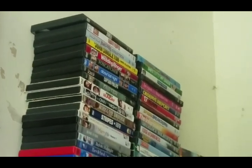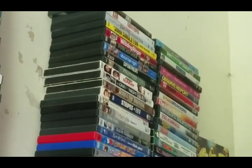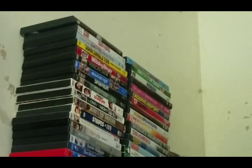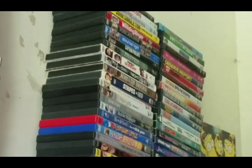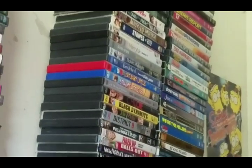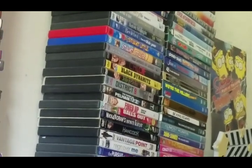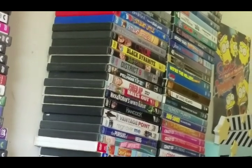DVD copy of Joker, Crazy People, Looney Tunes Parodies Collection, John Singleton 4 Movie Collection, which has Boyz N The Hood, Poetic Justice. Can't remember the other two movies, but I'll definitely check up. Let you know by the end of this video. The Wedding Ringer, Foxcatcher, About Last Night, Captain Phillips, Faster, First Sunday, We Own the Night, Across the Universe, Stripes, Michael J. Fox Show Season 1, Marry Me Season 1, Before Sunrise, Before Sunset Double Feature Set, Before Midnight, Bewitched, Fun with Dick and Jane, Stuart Little 2, The Mask of Zorro and the Legend of Zorro, Chloe, Black Dynamite,